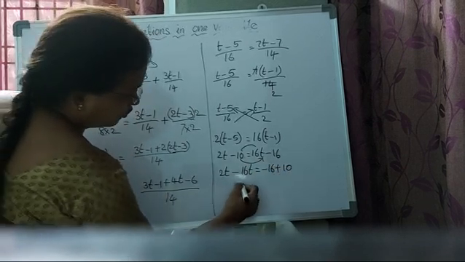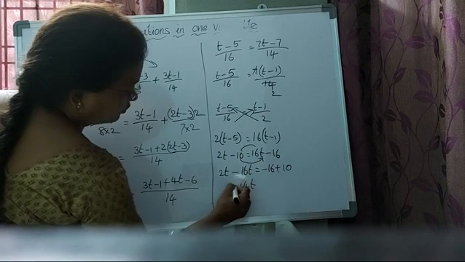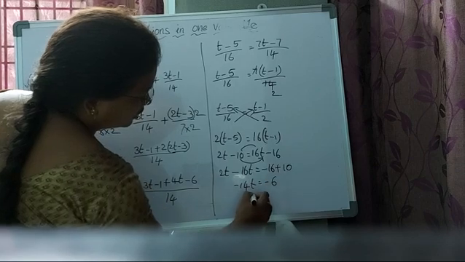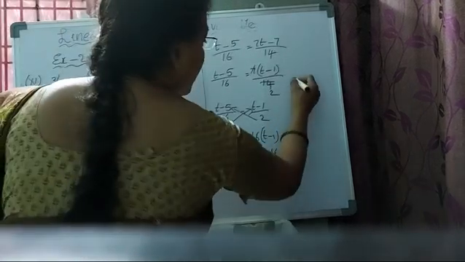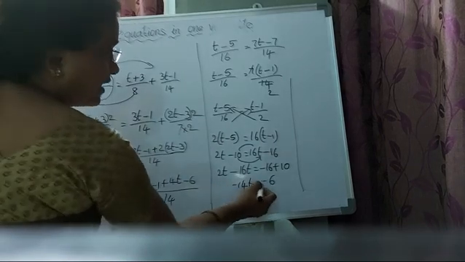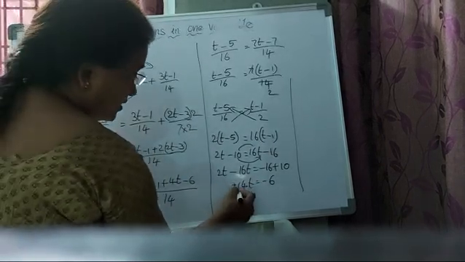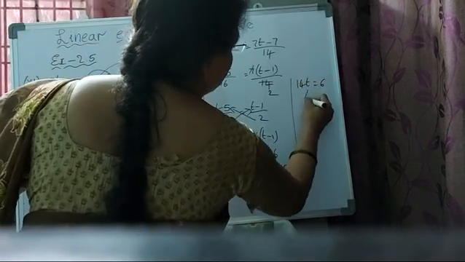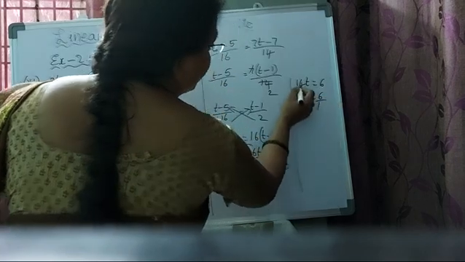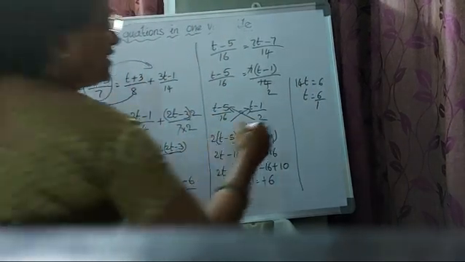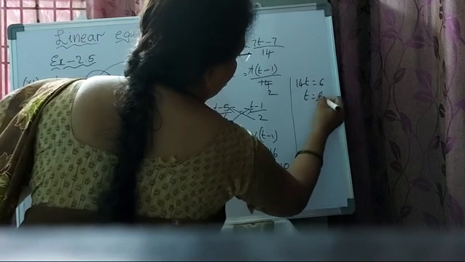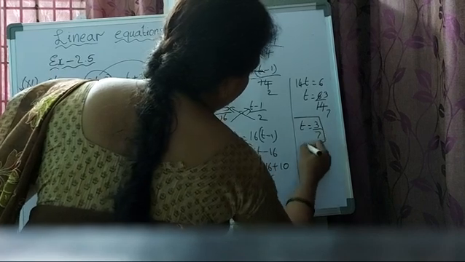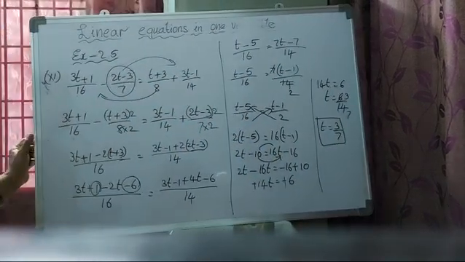So 16 minus 2, 14t, minus, before the big number minus is there. Here also minus 16 minus 10, minus 6. So t is equal to, see left hand side and right hand side, if you multiply with minus, this one gets cancelled. So 14t is equal to 6. T is equal to 6 by 14, here 14 is multiplying. If you transpose to the right hand side, it becomes division. 2 threes are 6, 2 sevens are 14. So t is equal to 3 by 7 is the solution for that particular problem.